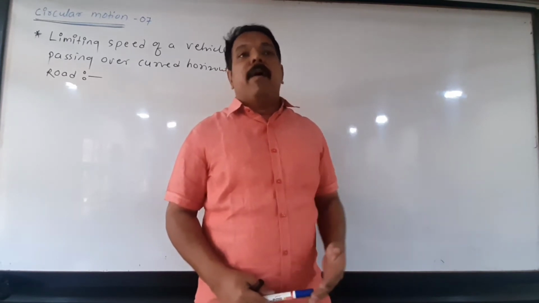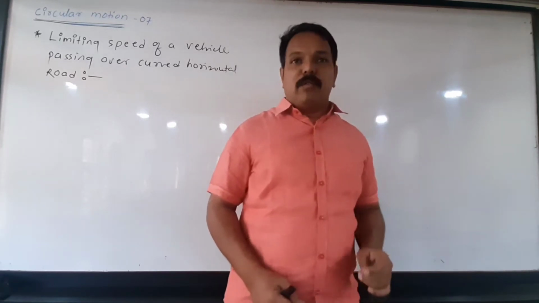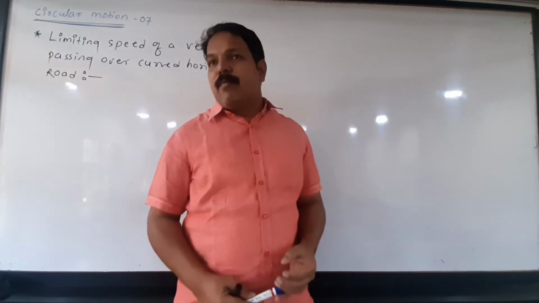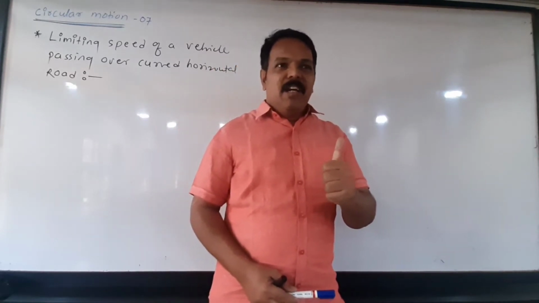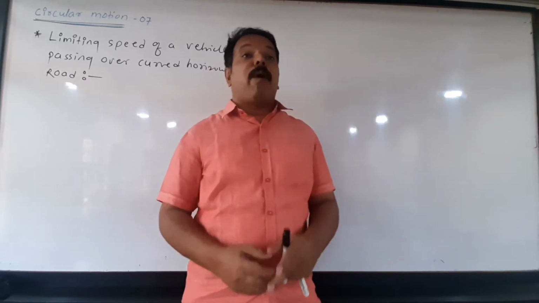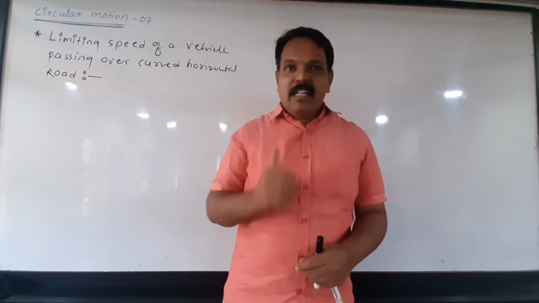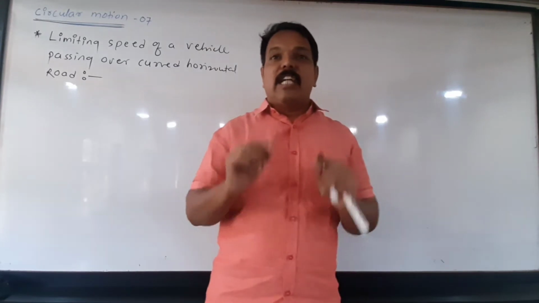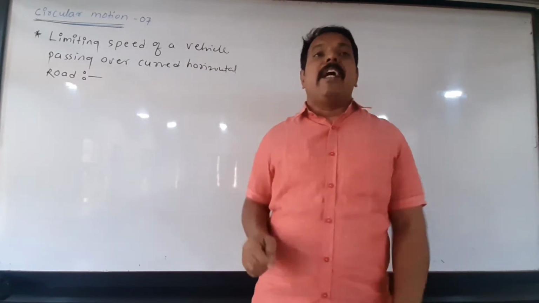So you might remember, the day before yesterday we completed one important article, that is centripetal force. In that lecture I gave some examples of the centripetal force. Do you remember? Let us hear the first example. When the planets are revolving around the sun, the necessary centripetal force is provided by the gravitational force between the planet and the sun. Second example, when an electron is revolving around the nucleus, the necessary centripetal force is provided by the electrostatic force between the positive nucleus and negative electrons.